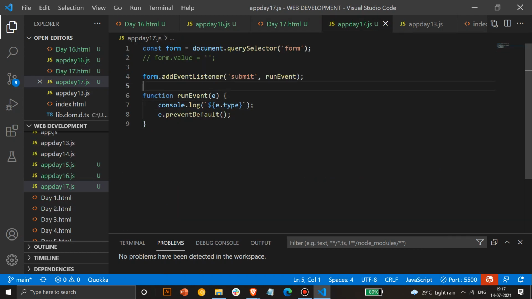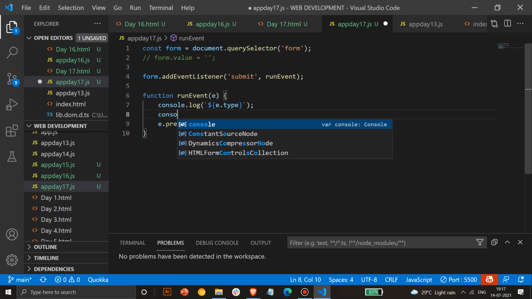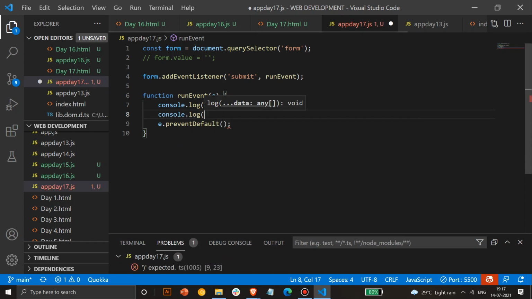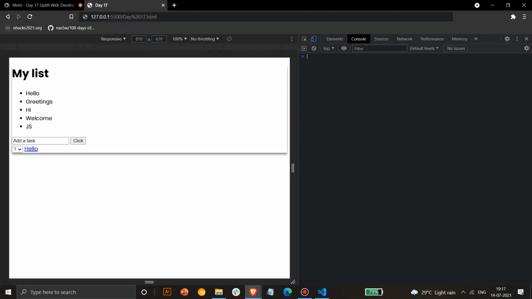Okay, so first thing you have to do is console.log and check if that particular JS file is connected or not. Okay. After that you can write functions and everything. So as soon as we do this, we can see the particular event being run. Okay, also what we can do is we can also check whatever values are present in that particular field. So suppose you have to log the value which is present, so we have added a task here.